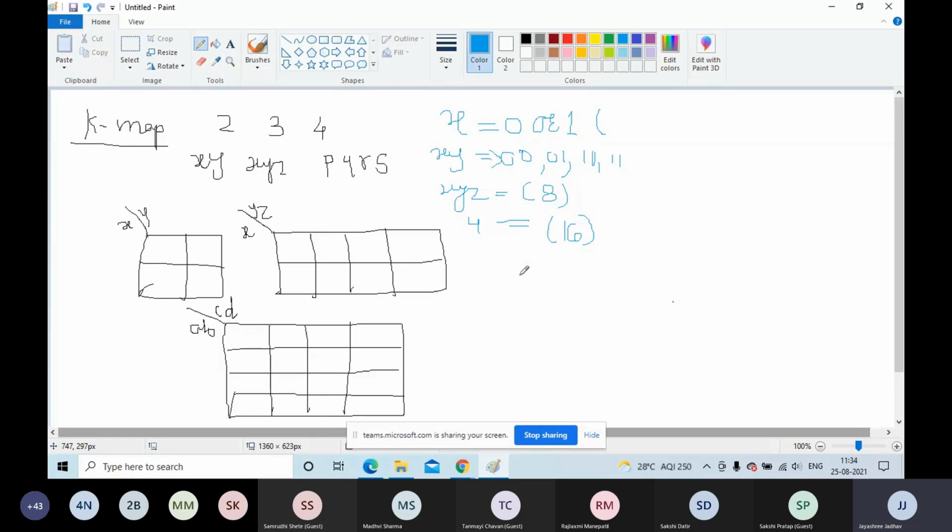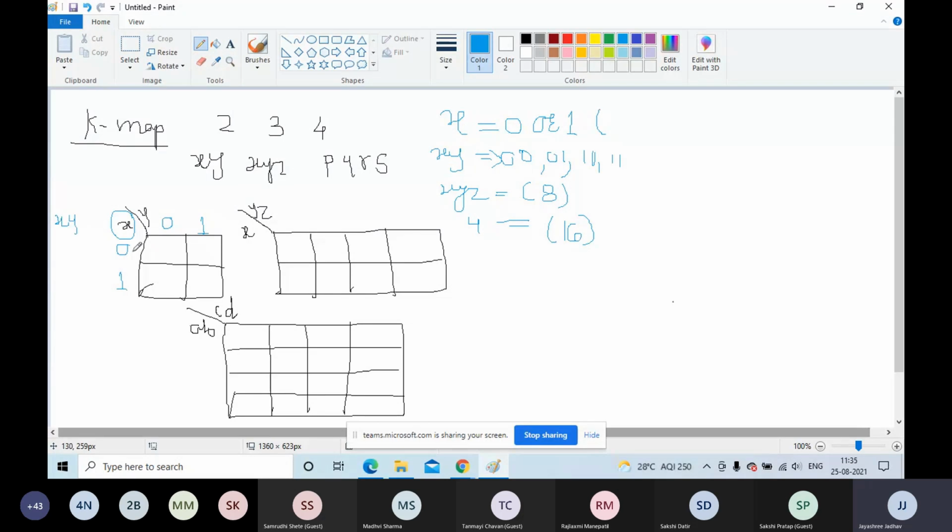So here, this is the variable x, and here we are writing the values of x and the values of y. The value of x is either 0 or 1, so I can write it this way. In the same way the value of y is either 0 or 1. This is the K-map for 2 variables as I told you. So you can see the combinations here, where I have to consider the variables x and y.